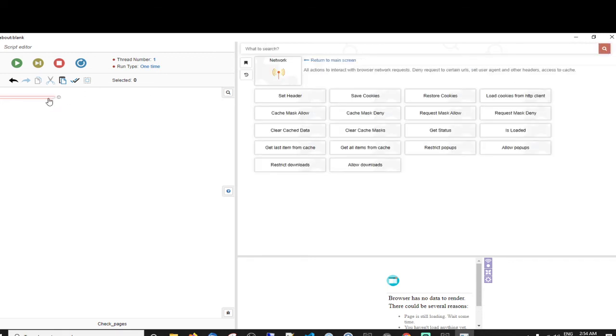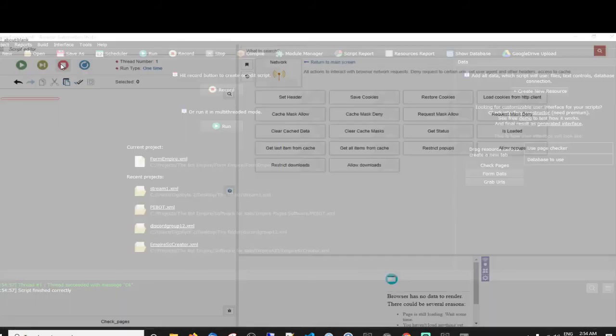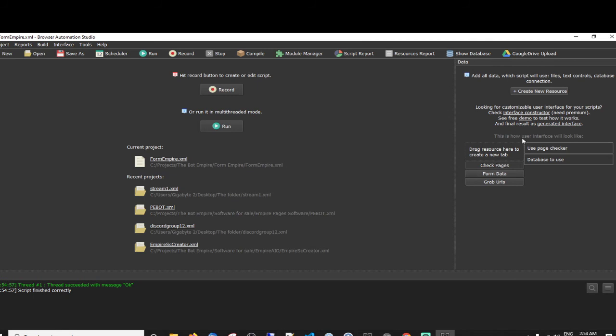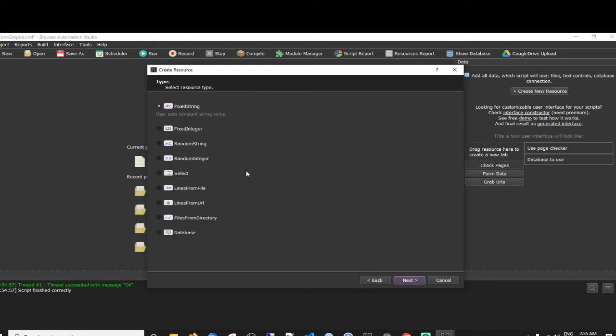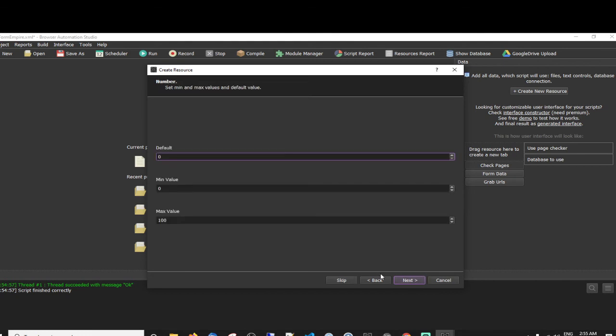Okay, so once we're here, what we want to do, first of all, let's come out of here, let's save, and on this section, put how many threads to run, or how many sites to check at the same time. How many page checker threads? Because we might use threading with the other thing. So page checker threads, and that's going to be a fixed integer.